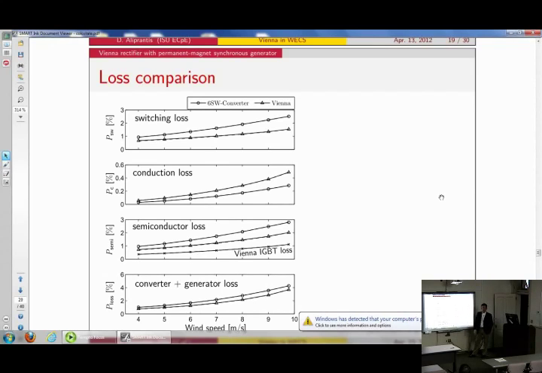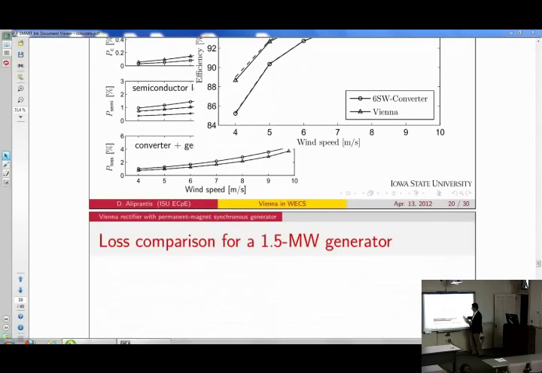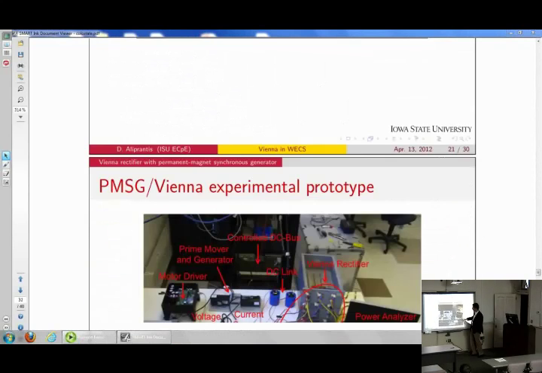Are there any other questions about the technical part? Okay, then I will talk a little bit, as I promised to Sid, about